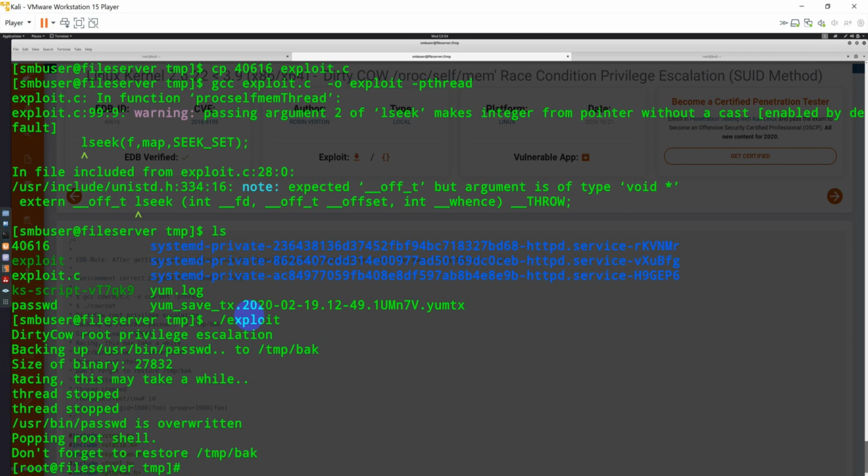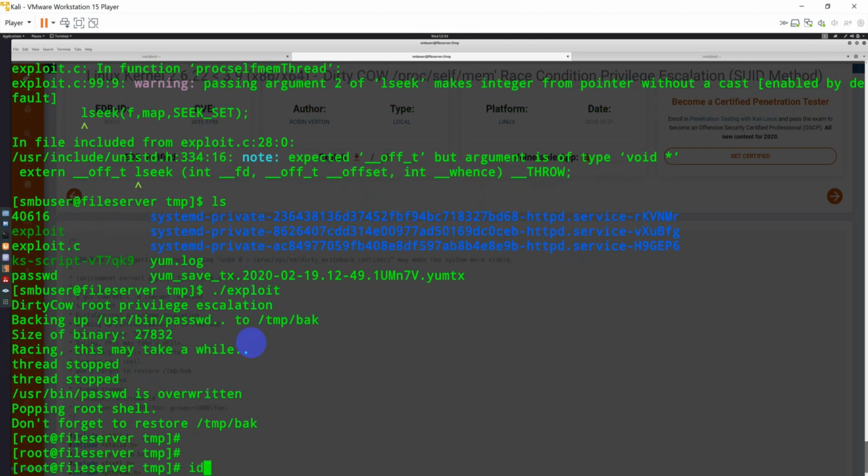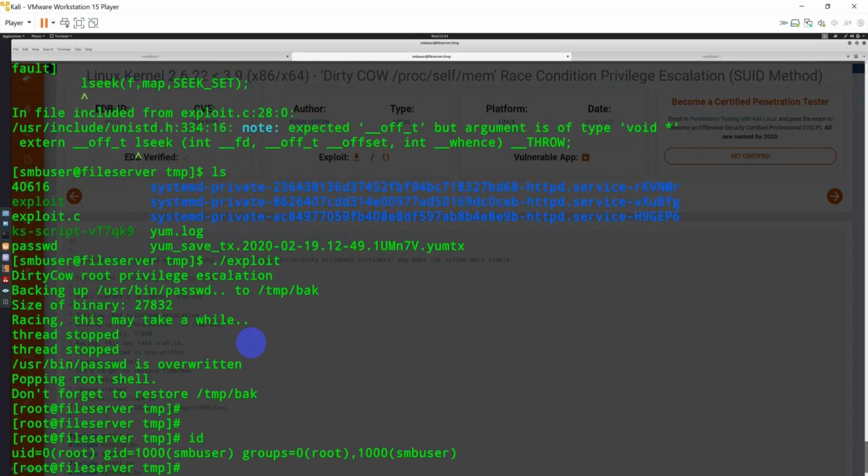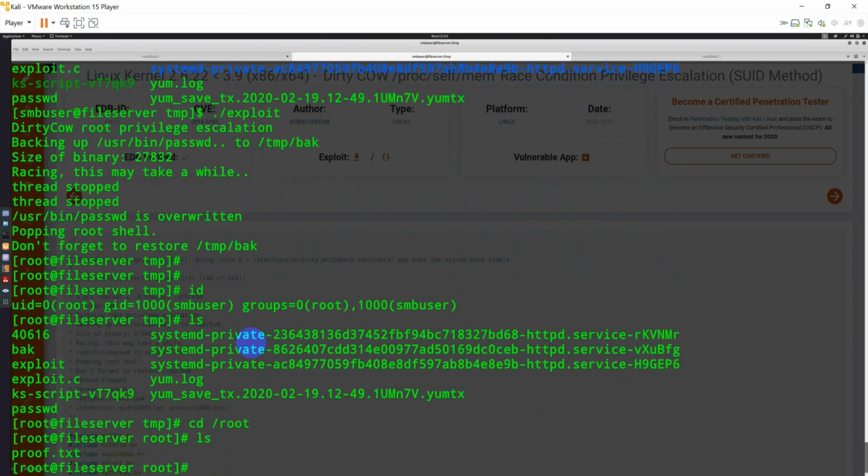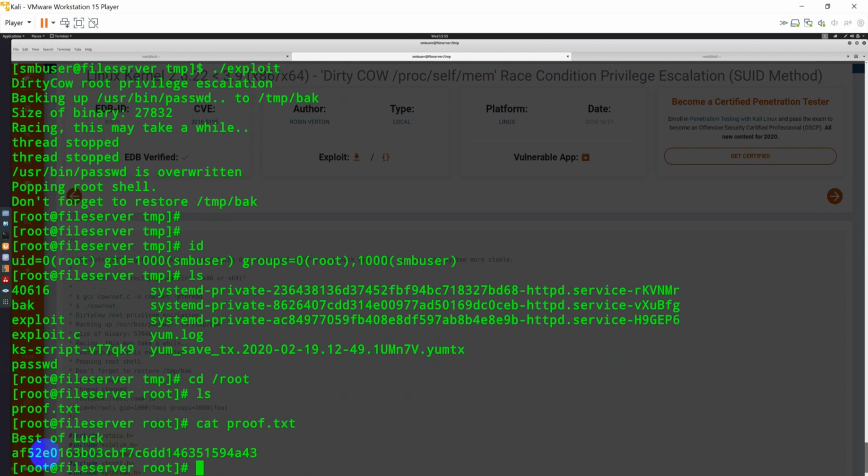So it has stopped. Excellent. It has given us the root shell directly, and this is the privilege escalation exploit that we ran. If I type whoami, this is the user, right? So I can check the path. I can go to root now, and hopefully I have the flag here. So this is the flag here, proof.txt. Bingo. So this is how you can use a known exploit for a particular Linux kernel for your privilege escalation and get the flag.